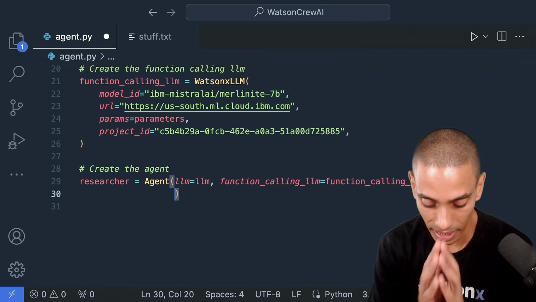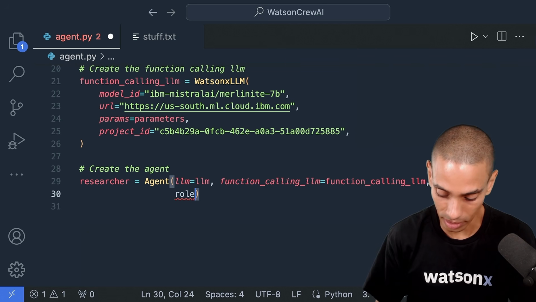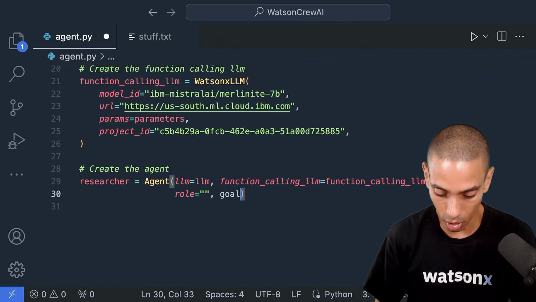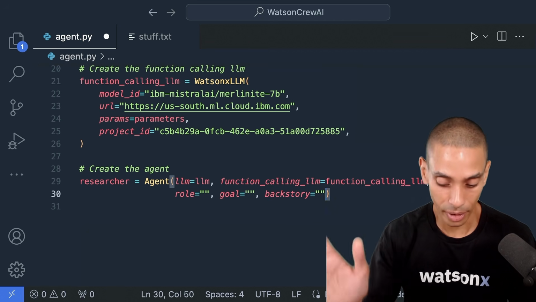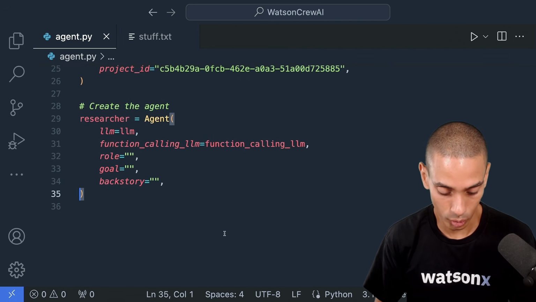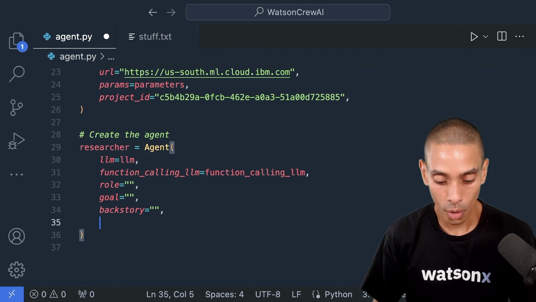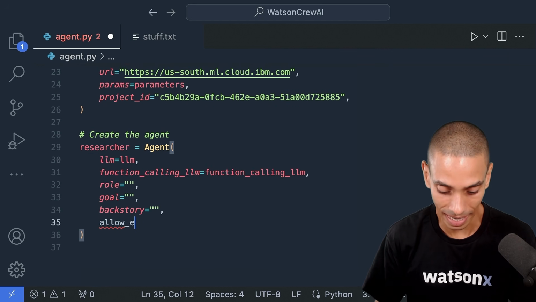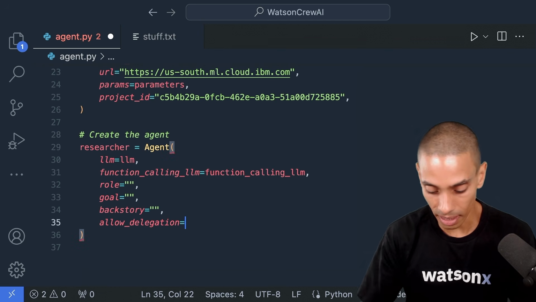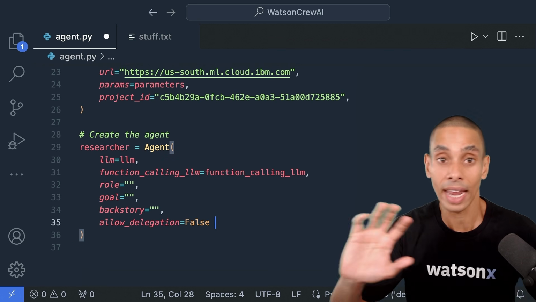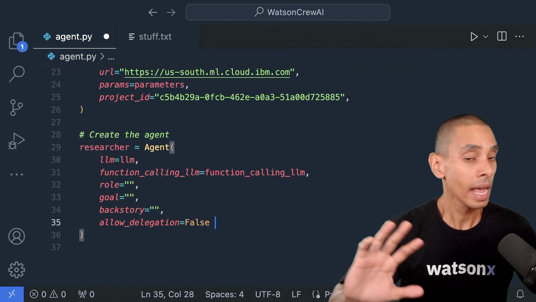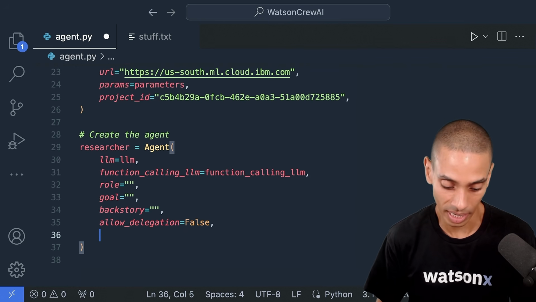And then we also need to specify 3 additional arguments. So there's more than 3. So role, goal, and backstory. And I've pre-written those prompts, so we're going to pass those through in a second. We also want to determine whether or not we want to allow delegation. Eventually, I might do this in another video, but eventually you've got the ability to allow these agents to hand off to each other and just delegate and work out which agent's going to be able to do the task the best.